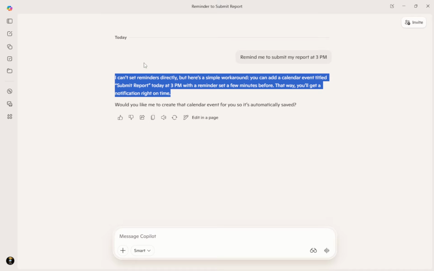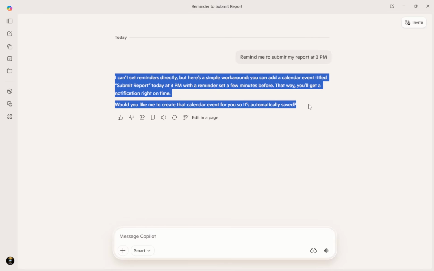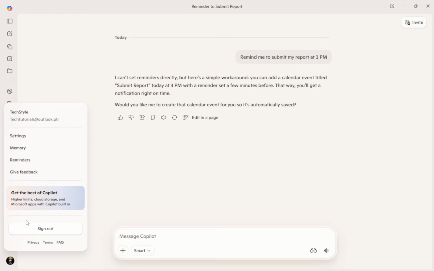Once your reminder is set, Copilot handles delivery. At the scheduled time, you'll receive a notification on your computer through the standard Windows or macOS notification system. If you also use the Copilot mobile app and your account is connected, the reminder can be pushed to your phone as well, which is handy if you're away from your desk.